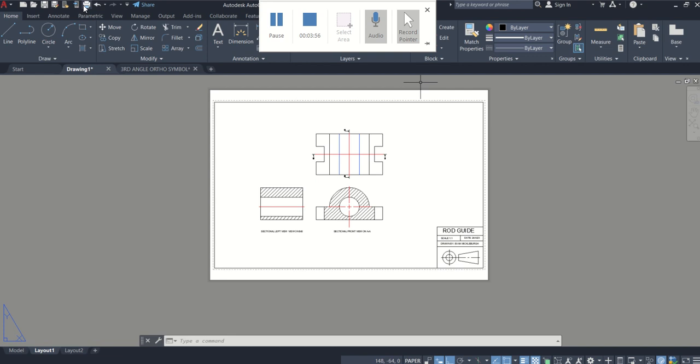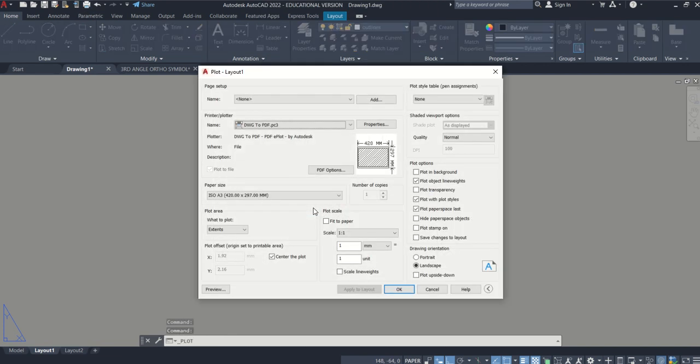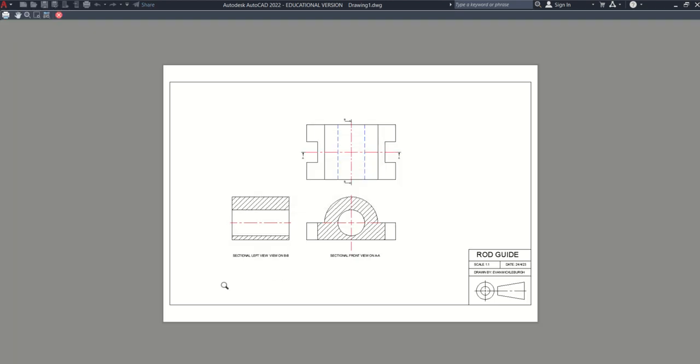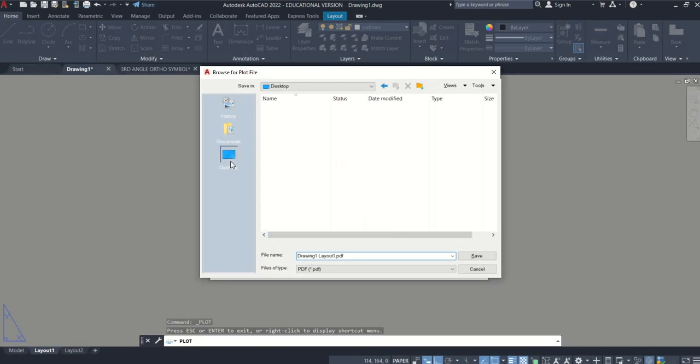So all I'm going to do now is go print. Continue to plot as a single sheet. Everything is as we wanted. We do not need to change anything. If we want to preview it very quickly, we just go preview, and that's how it's going to save as in A3. I'm then going to go and press print at the top, and for example,